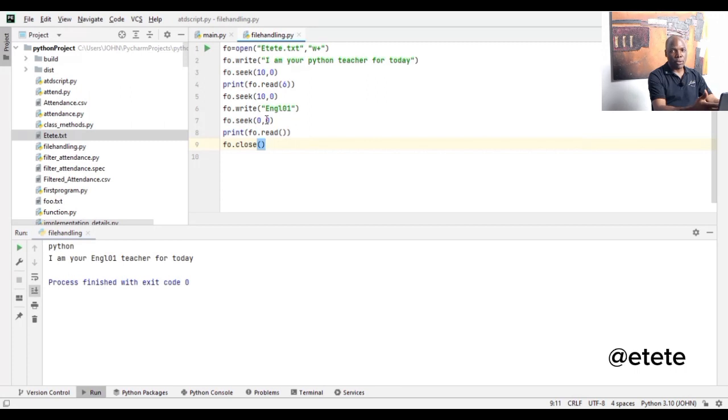So there are other methods that you can use. There is the creating directory. There is the deleting of the directory method. Many other methods that are inside this object that you can use to manipulate the file. But we won't go so deep into it. But just to give you a glimpse of it is what I have done for you today. So this brings me to the end